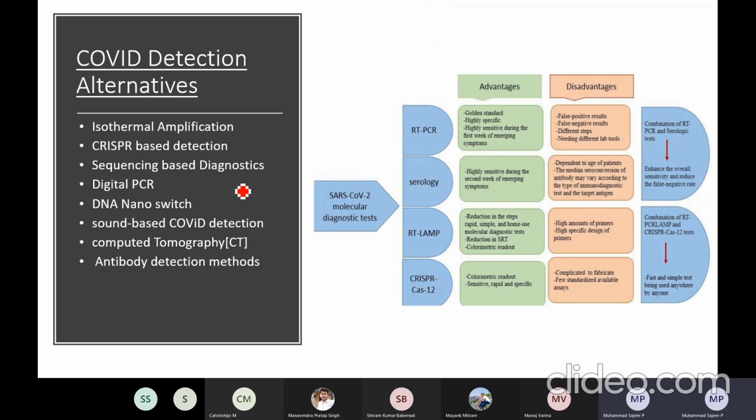So for COVID detection, there are a lot of alternatives to our PCR method. CRISPR-based detection and isothermal amplification were already well explained by Mayank, and that was great. The isothermal amplification technique does not need thermocycling. As you mentioned, we have LAMP and RPA, loop-mediated isothermal amplification and recombinase polymerase amplification. A strand-displacing DNA polymerase initiates the synthesis, and the other primers form a loop structure to facilitate subsequent amplification. So that is an interesting thing.